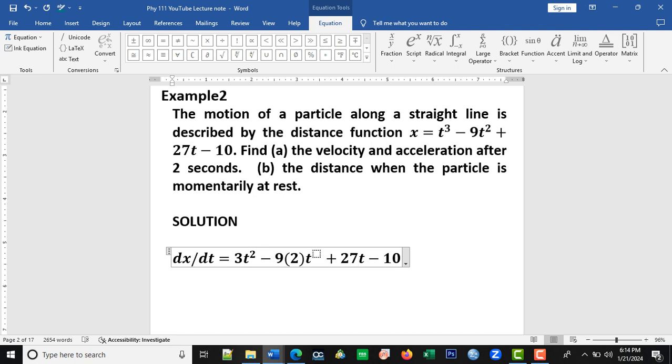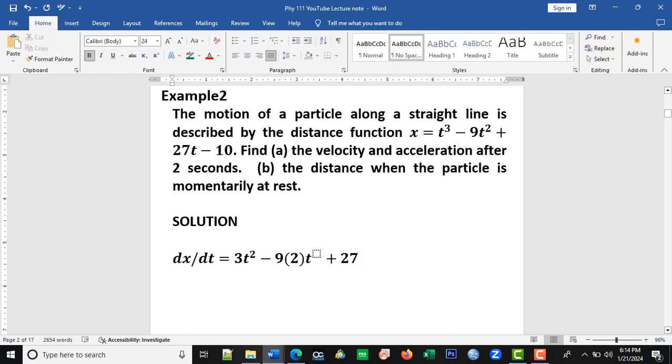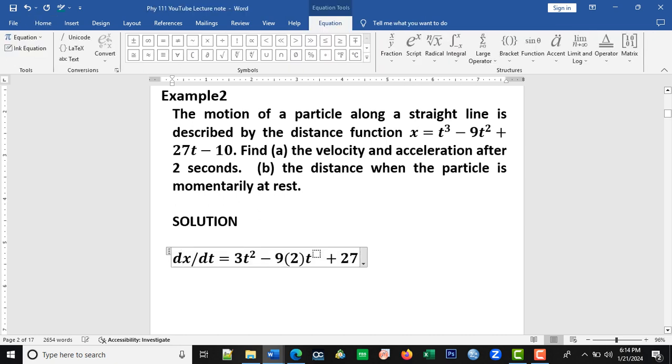This 27t, the derivative of this one will give us 27, and the derivative of this constant will give us 0. So I eliminate that. So the dx over dt, which represents velocity, is equal to